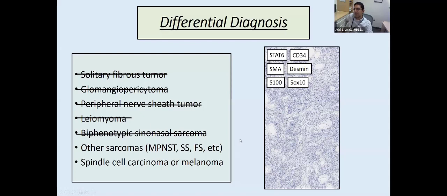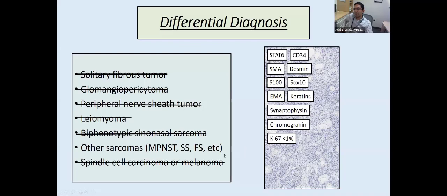Because of the head and neck location, carcinoma always comes into the differential diagnosis. A carcinoma workup was done, and that was also negative. So that would exclude a spindle cell carcinoma and melanoma. The FISH analysis for synovial sarcoma was also done, and that was negative in this case. So this left us puzzled, and whenever you feel that as a pathologist, you always go back to the clinical history and dig more and talk to the clinician.